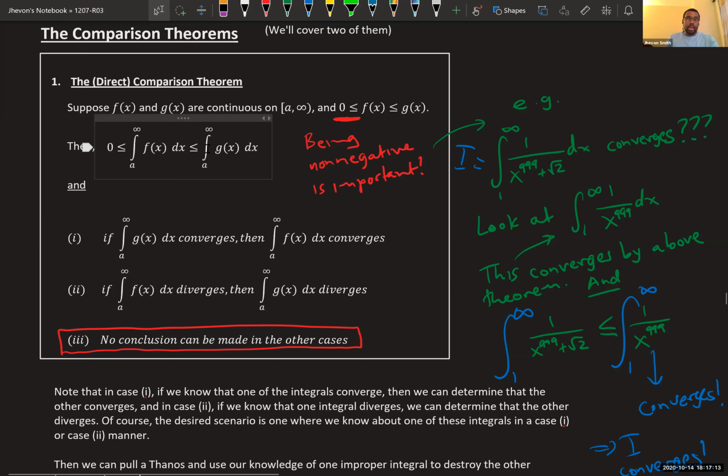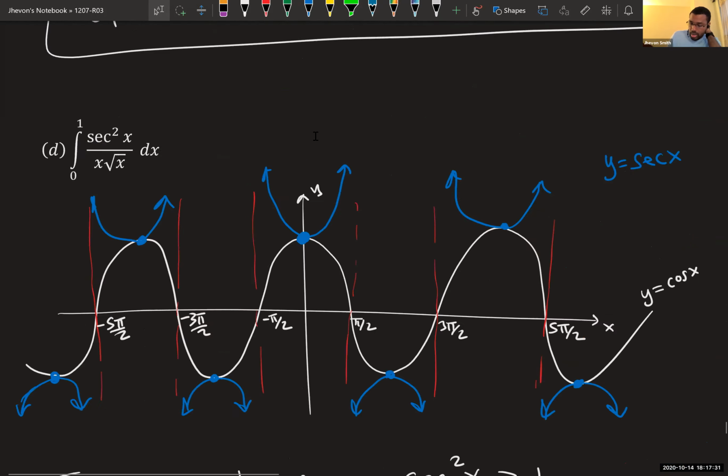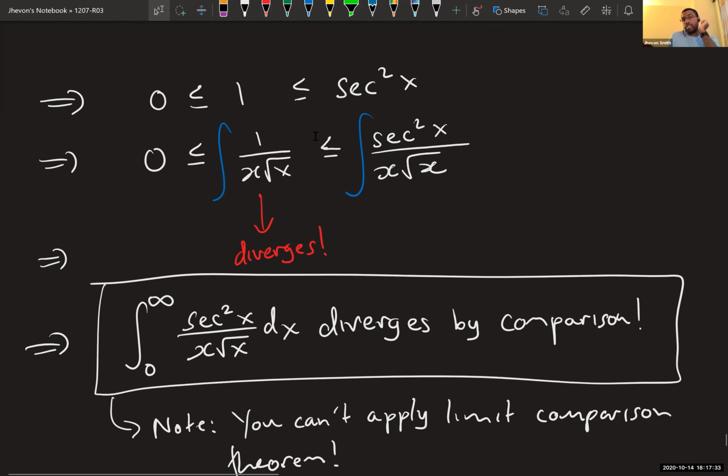In general, also as a rough guideline, I would say always try to apply the direct comparison theorem first. And then if you realize that nothing is coming to mind or you just can't get it to work, maybe consider the limit comparison theorem. But this is an example of when the limit comparison theorem would not work, while the direct comparison theorem would. That's because the presence of the trig function makes it very difficult to compute the limit, because the trig function has asymptotes and all sorts of stuff. So the limit is not going to work out very well.